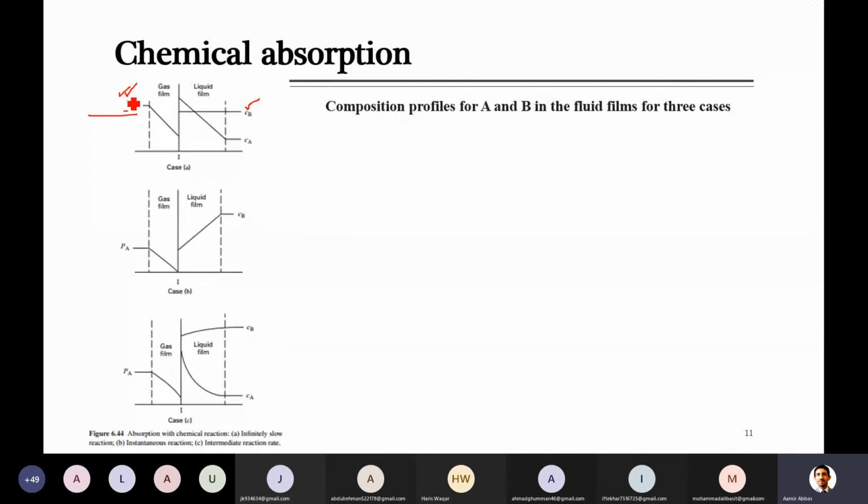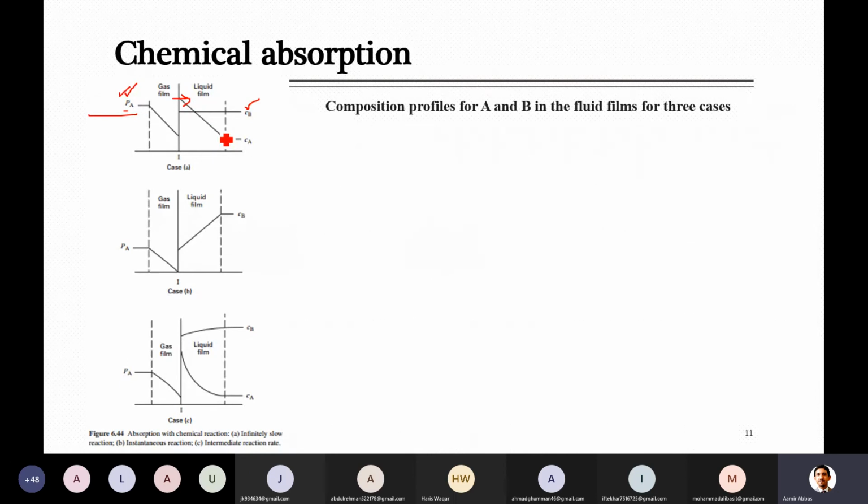But for the A, which is just transferred, this component which we want to absorb into the liquid, after the interface, when it is transferred to the liquid film, its concentration will also keep on decreasing inside the liquid film. We already discussed that when it is transferred from gas to the liquid, at the interface its concentration is the maximum or highest, and when you keep on moving away from the interface, its concentration will definitely be lower, and then you reach the bulk. Inside the bulk, its concentration is negligible and remains constant, and due to this concentration gradient, more of this component is transferred from the gas film towards the liquid film.